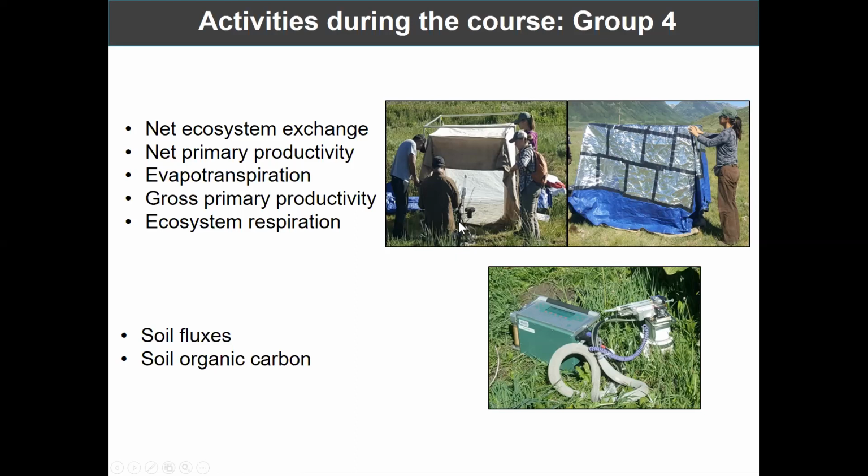Basically, we will use a LI-COR 7500 that is kind of like a tiny flux tower. And we build this stem around the sensor head to measure photosynthesis. And we will measure respiration using a dark tarp, as you can see on the right. So we will measure photosynthesis and respiration at ecosystem level. And by doing so, we will be able to calculate net ecosystem exchange, net primary productivity, gross primary productivity, and